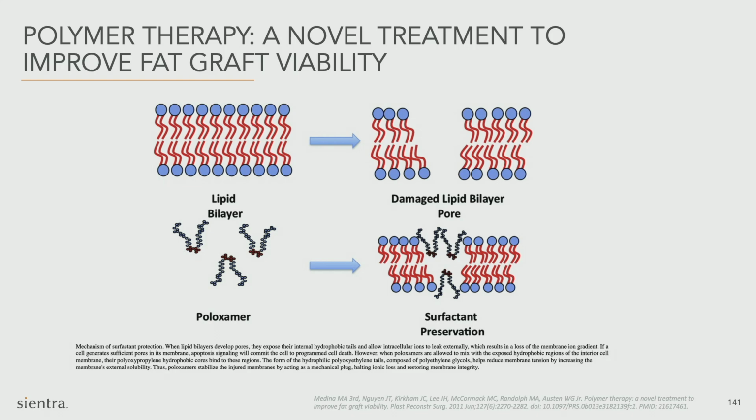So Oraclens, which is a P188 molecule, actually serves several purposes. It has a hydrophobic and a hydrophilic component, so it mimics the bilipid membrane, and it serves as a patch. So if a cell is damaged, the P188 binds to it, allows it to repair itself. But the beauty of it, and why it's not considered a drug by the FDA, the moment the membrane repairs itself, it's secreted intact through the urine. So it serves a momentary patching system to allow the cell to do what it needs to do in order